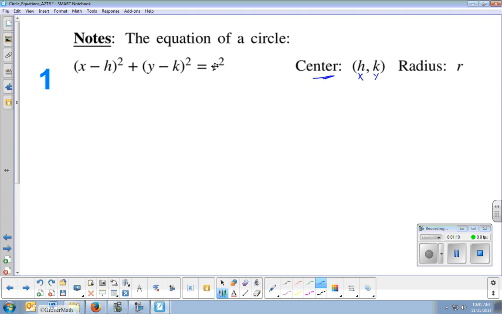Notice that it's not equal to r. Your radius is r, but your equation is r squared. And so you have to remember the relationship there. The key thing is remembering that this is x minus h, and the center is just h. So you're going to see an opposite sign relationship between the sign of your coordinate and the numbers in these locations. So if we look at an example,